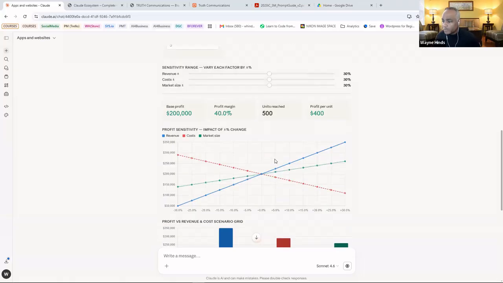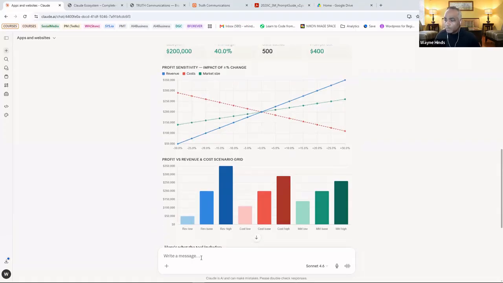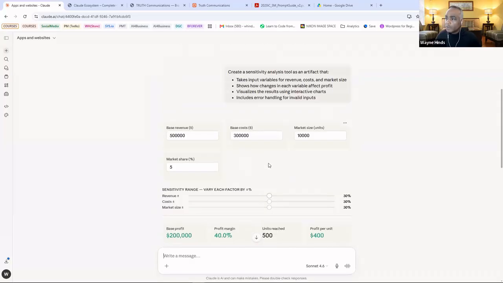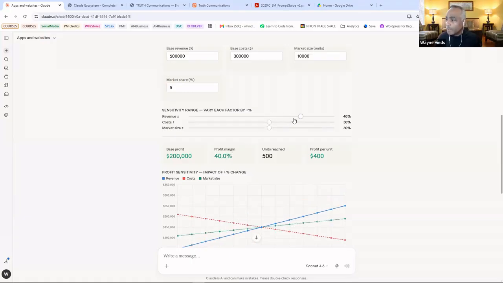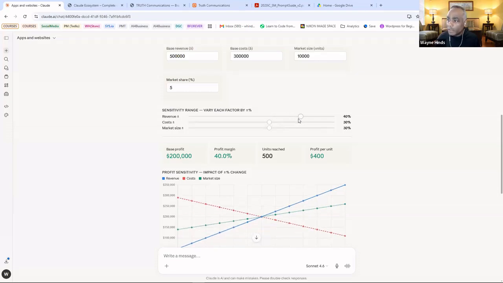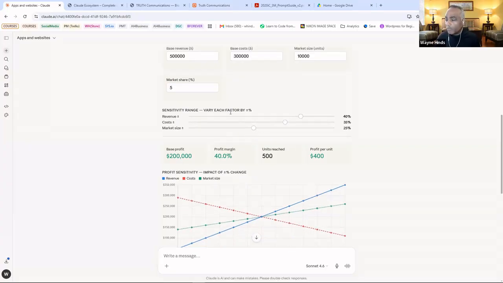Okay. All right. So here we go. Here you can see the artifact that is created directly in this. And we can play around with the numbers. In this case, again, I didn't give it any more criteria, but I could really start modifying and asking for changes on this. But just based on that prompt, okay,